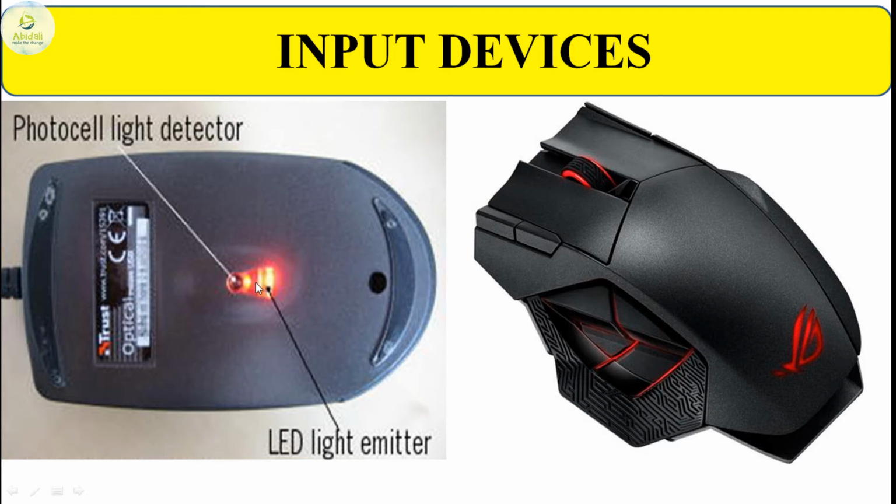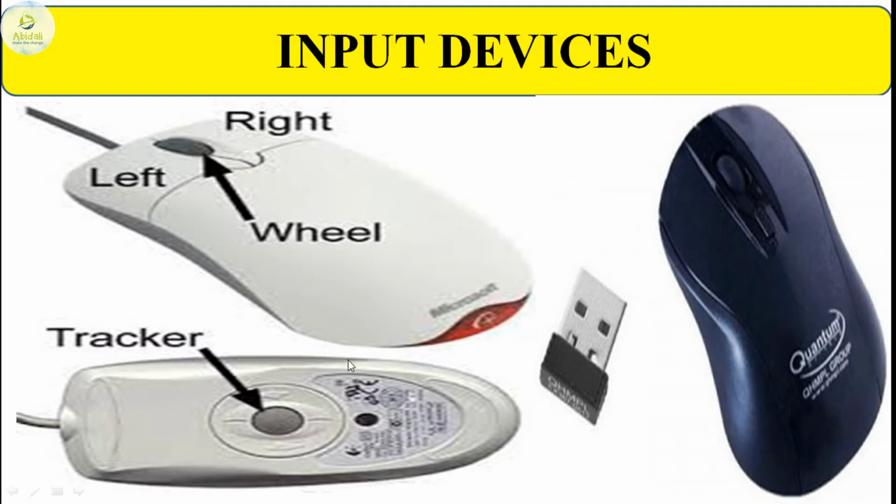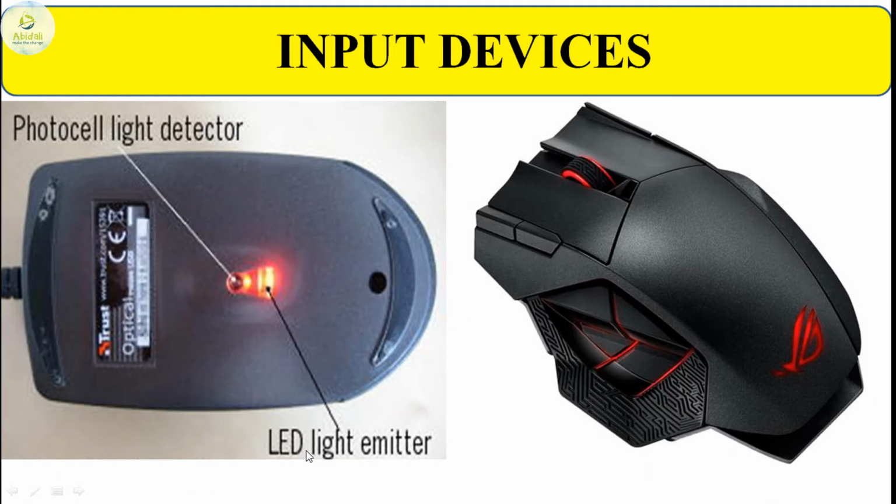A very big change made to the input device was when the photocell light detector was placed into the mouse, which replaced the track balls, and now the mouse is made up of an LED light emitter with a photo light detector inside. This detects the mouse movement on the flat surface, and the pointing is detected by the computer. This is the mouse used in games, like playing PUBG and all that, where the different clicks are used for different purposes.